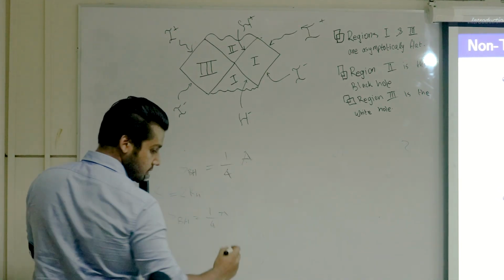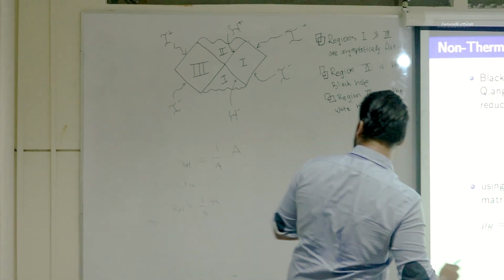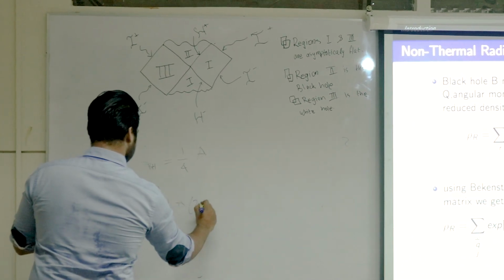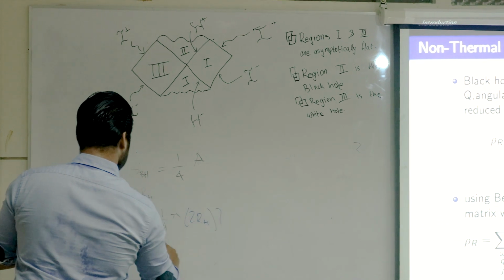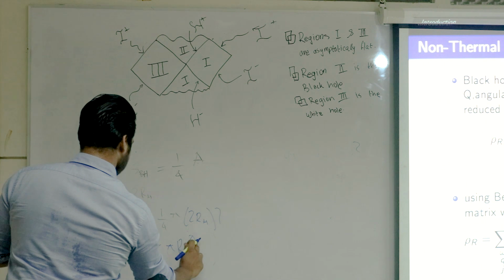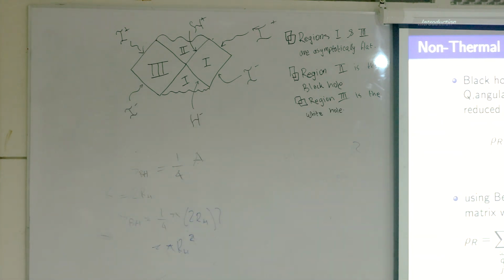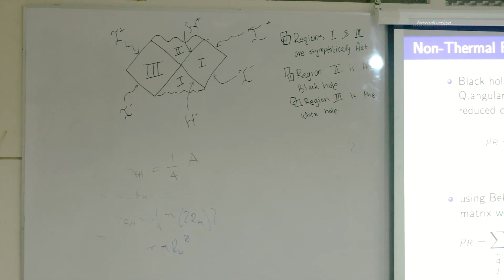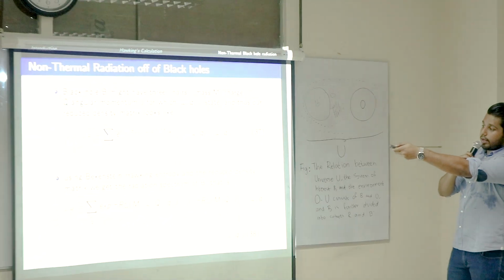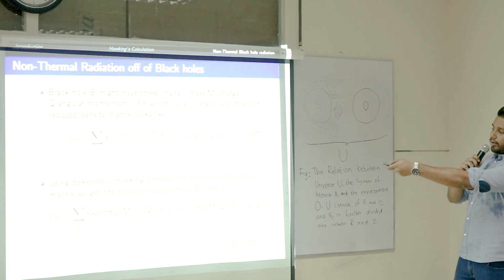But you use a different n. We have done that specifically for a black hole which has a singularity of 2R_H. We get the Bekenstein-Hawking entropy term to be pi R_H squared,